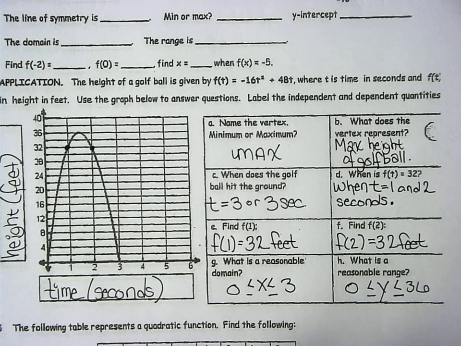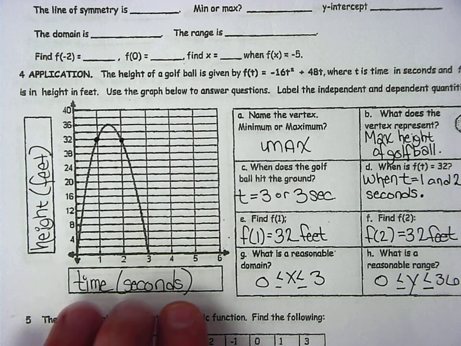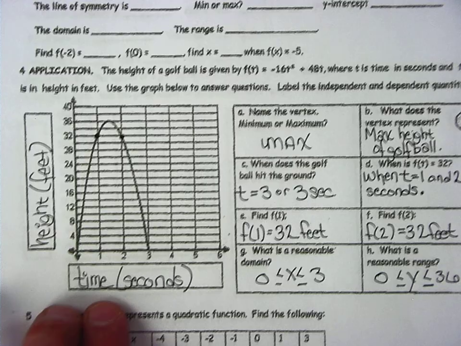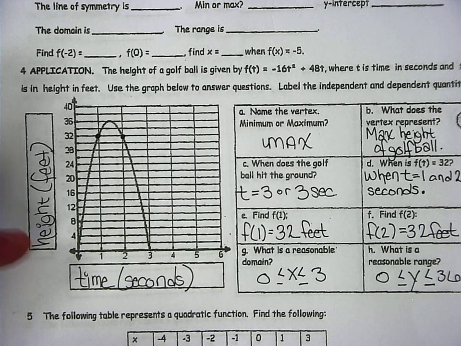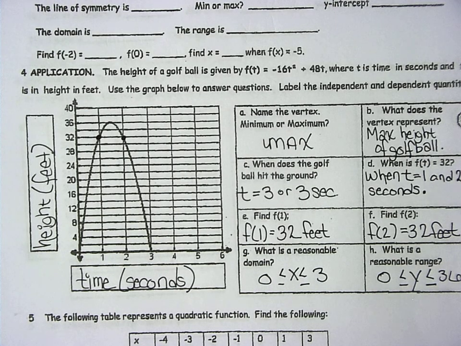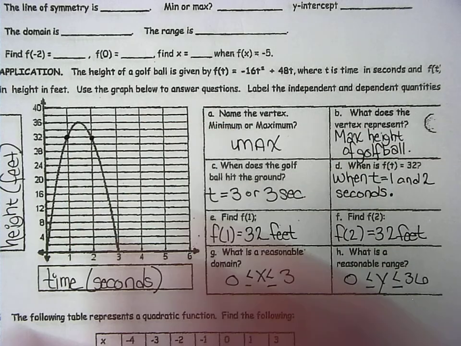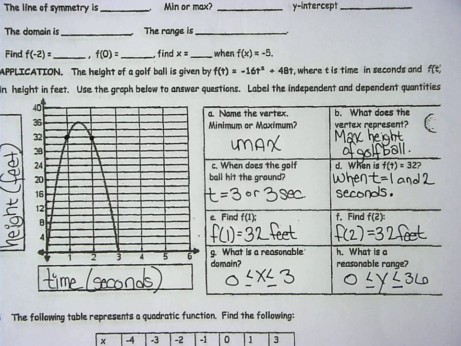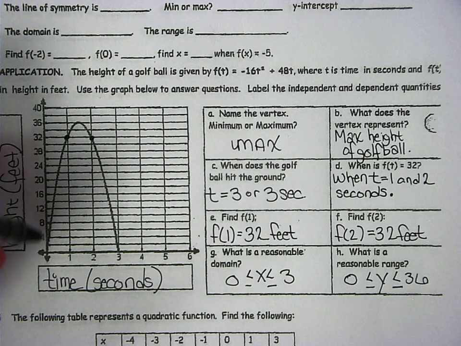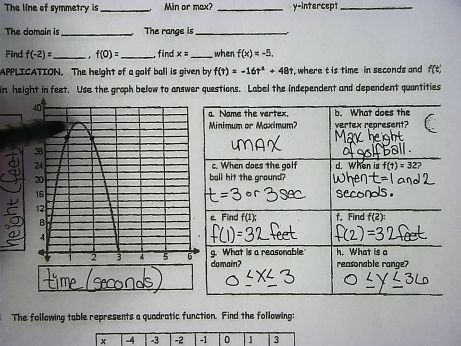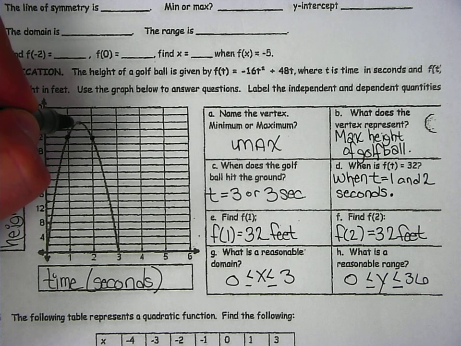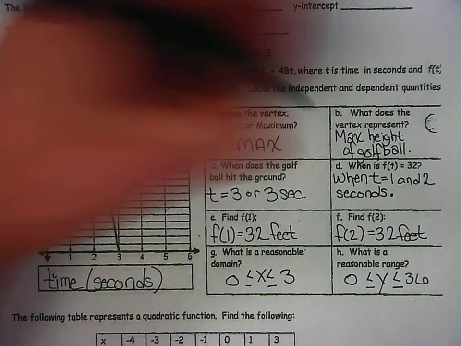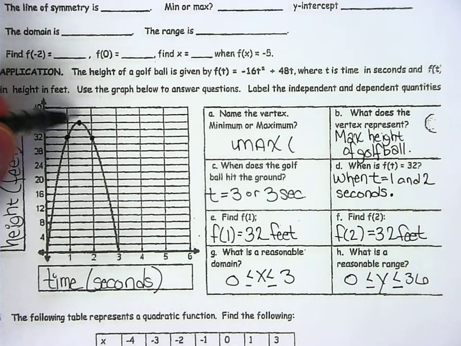That means we have to label our graph. So time is always your independent quantity. So time is being measured in seconds down here, and our height is being measured in feet over here on the y-axis. The graph's provided for us. So just going from left to right, A, B, C, D order, I'll go ahead and answer the questions. Name the vertex as a minimum or a maximum. So reading from left to right, we have a maximum, and the vertex is right here. And if we want to actually get some points in there, we could say the vertex appears at